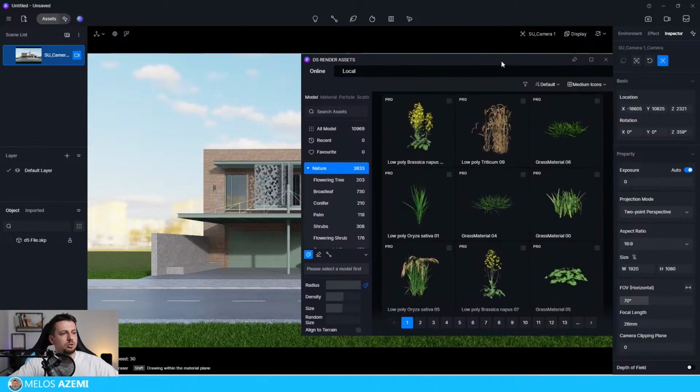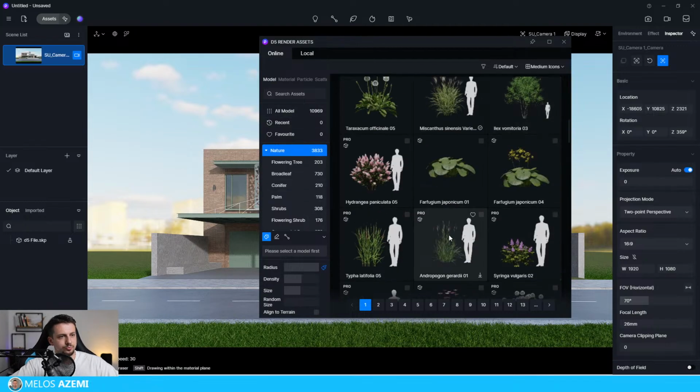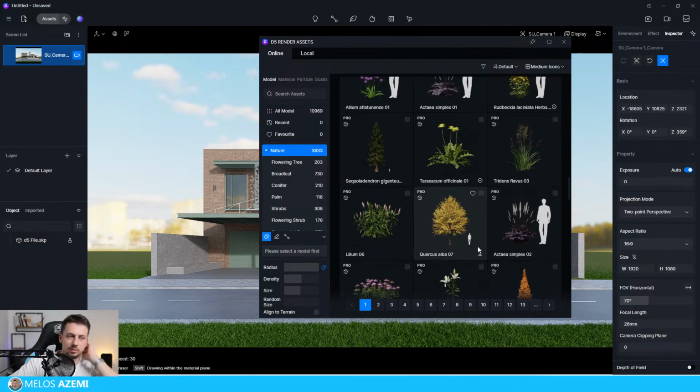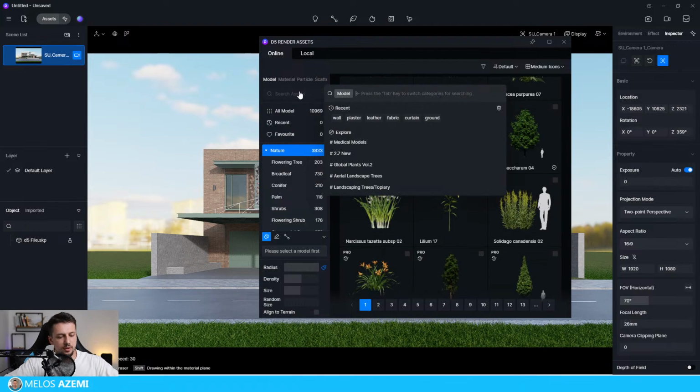Scatter. So if I use scatter, is there any way I can just, I don't know, there's no paint bucket here, right, for scatter. If I go to nature, and if I go to trees, well, let me try a bit. I'm gonna find some taller trees. So if I go tree,